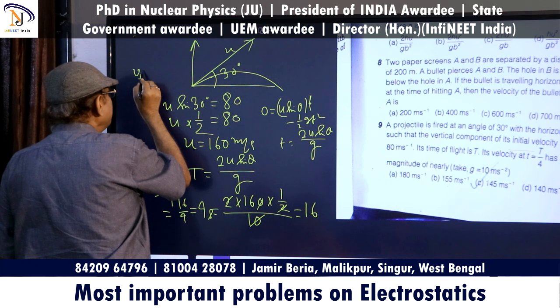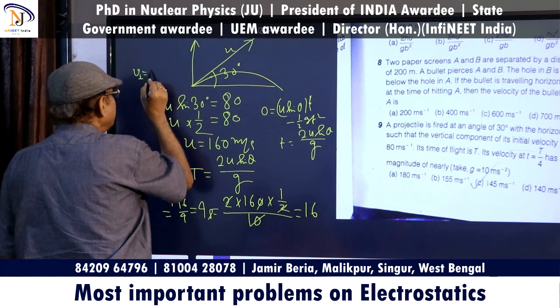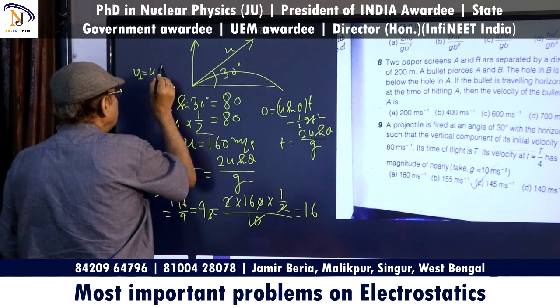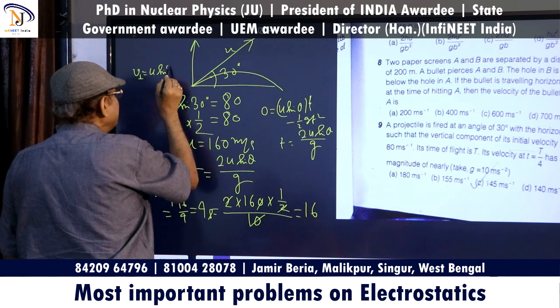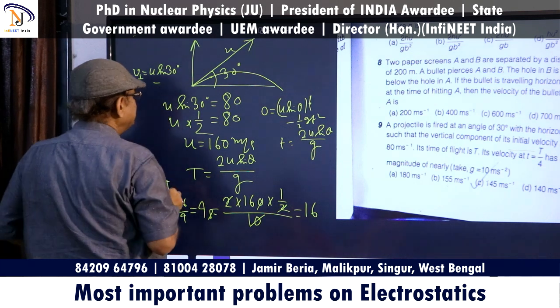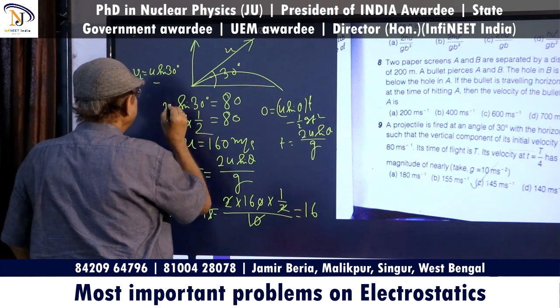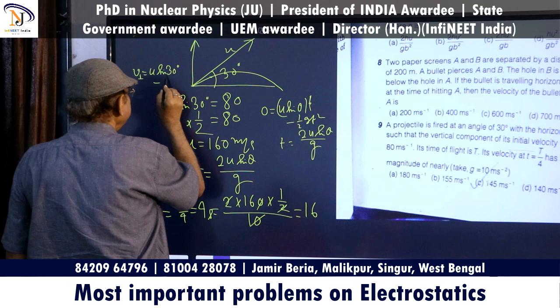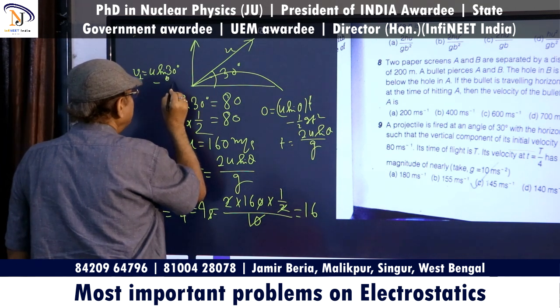Perpendicular velocity will be v equals u sine 30 degree minus